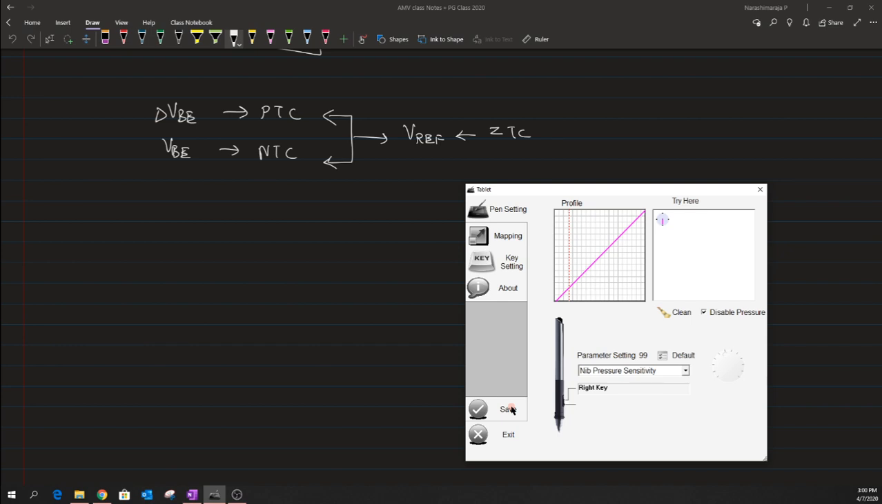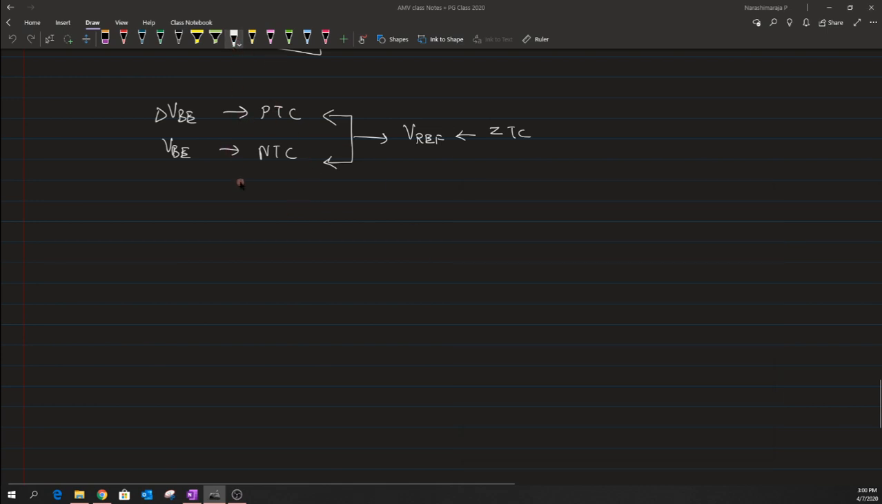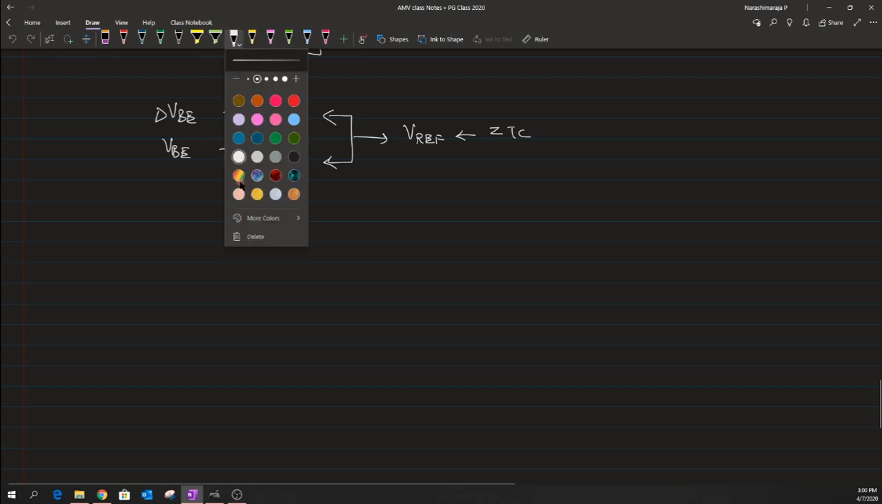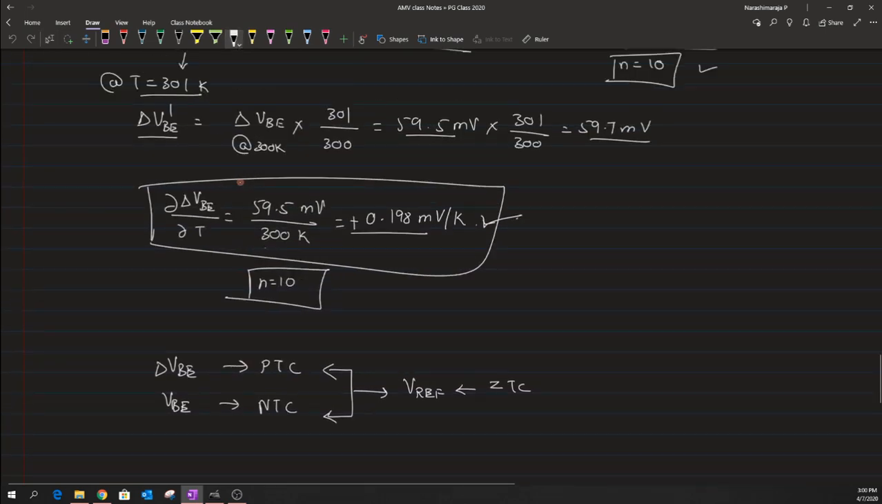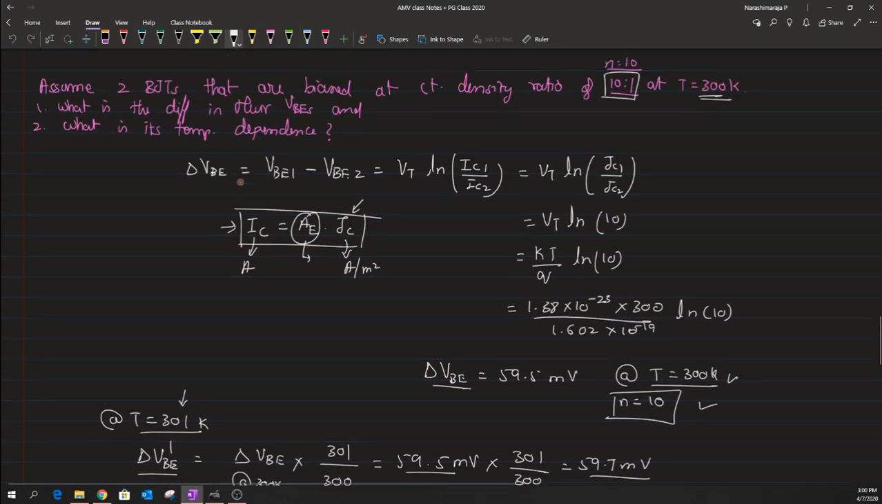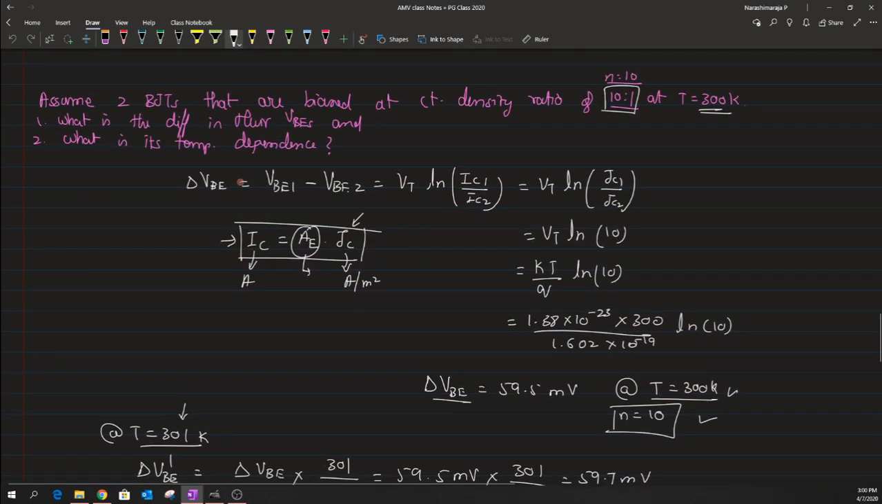So I'll be just starting from the place where I have just missed my class. Okay, yeah. So in the morning session, we were trying to do a simple problem where we had a current ratio of